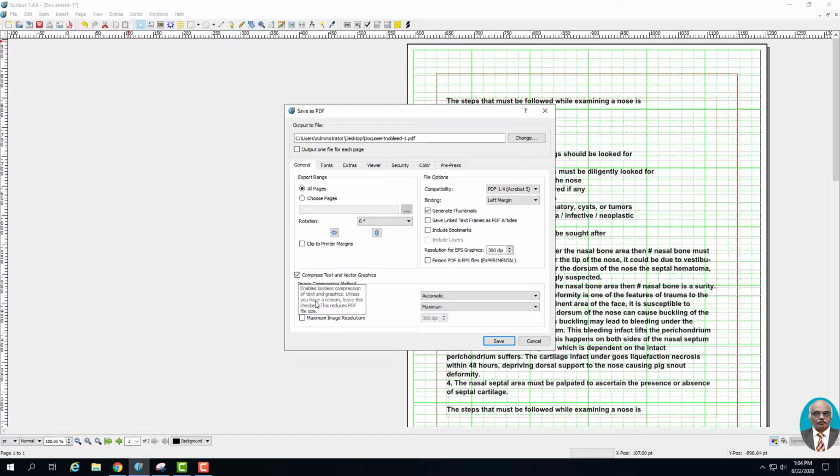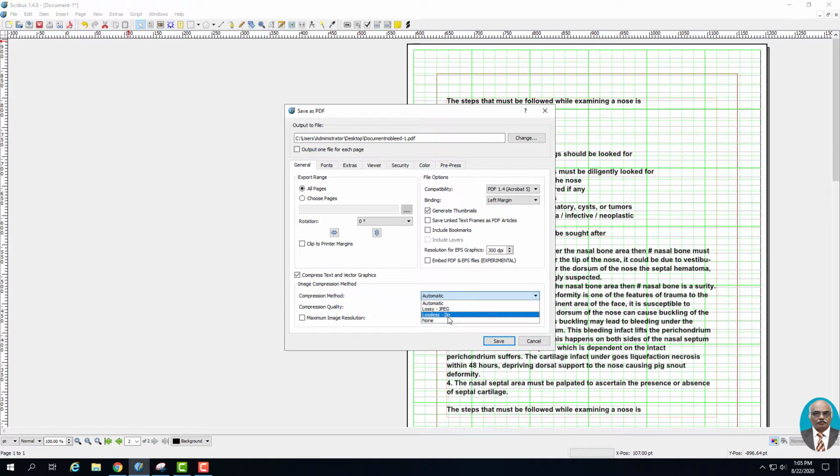Here if you choose this box, it will compress the graphics and it will also compress the text, so that the final resultant file will be reduced in size. So again, if you put a check mark in this box choosing compression of text and vector graphics, it gives you the choices of compression method. You have the automatic choice of compression, then you have a lossy JPEG, where the image files which are embedded as JPEG files will lose some of their resolution, so that is lossy.